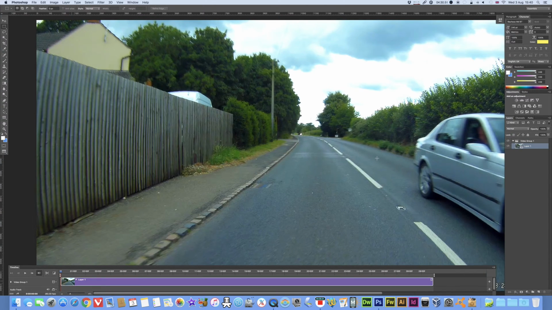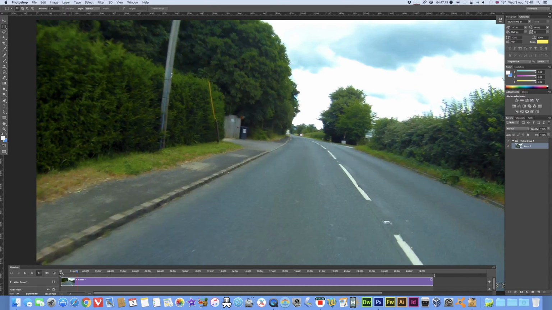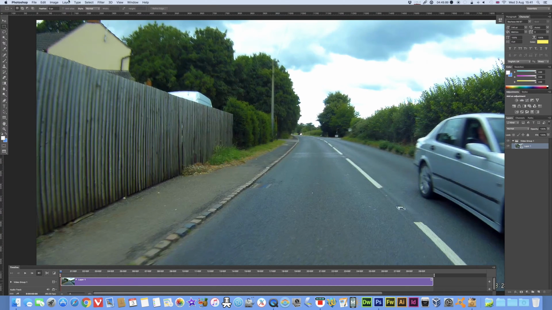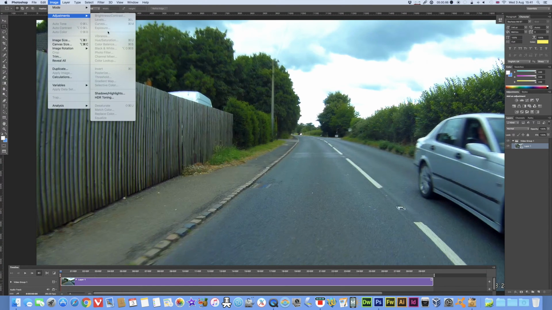Your timeline down here, it goes purple. So we're now in a smart object mode. Any effect we apply to this video will now apply to the whole video and not just the first frame or the second frame, wherever the playhead happens to be. Okay? And once you've converted it into a smart object, we can then apply adjustments. Now, sadly, a lot of them are greyed out,